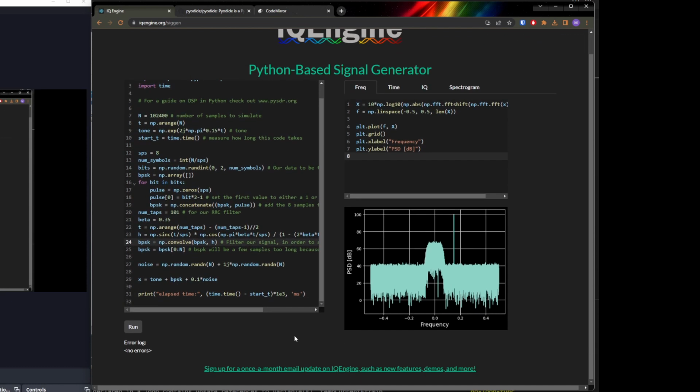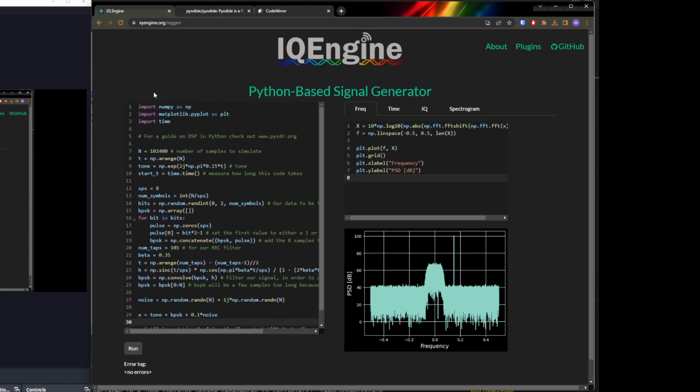The next step is to add a way to save the final signal as a siggen data file, which that part's easy. But then I also want a form you can fill out for the meta file, like specifying the sample rate and frequency and all that kind of thing. Then you would hit a button and it would give you the meta file and the data file as a download. The other idea was to have different starting examples, like different kinds of signals implemented in Python, using a drop-down menu here, and then a way for other people to add their own examples through a PR without having